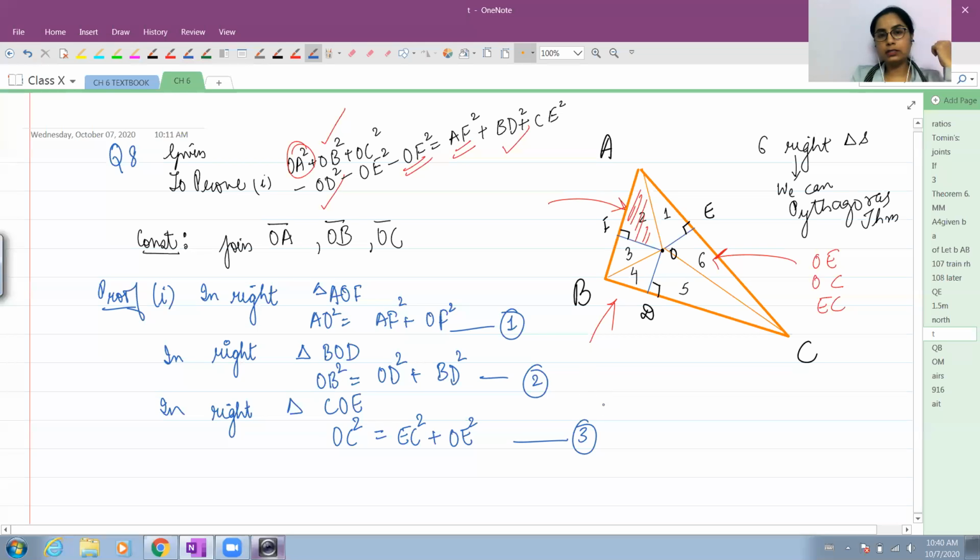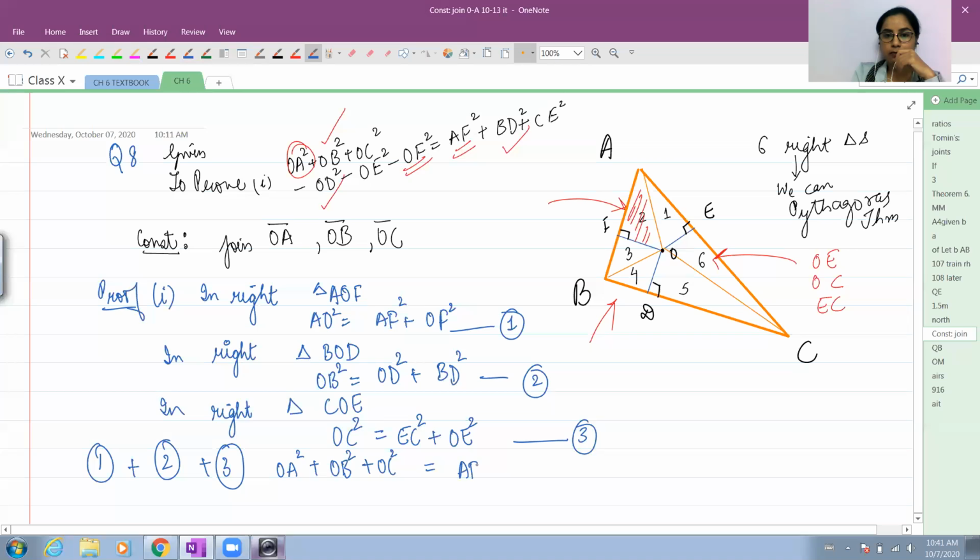Now you have to combine these 3 results based on how they are appearing in your statement to be proved. If you look at the first part, to be proved, OA square, OB square, OC square are to be added. So the first, second and the third result that we just obtained are to be added together. So let's add number 1, number 2 and number 3 and let us see what we have. OA square plus OB square plus OC square from the left hand side. From the right hand side, I have AF square plus OF square plus OD square plus BD square plus EC